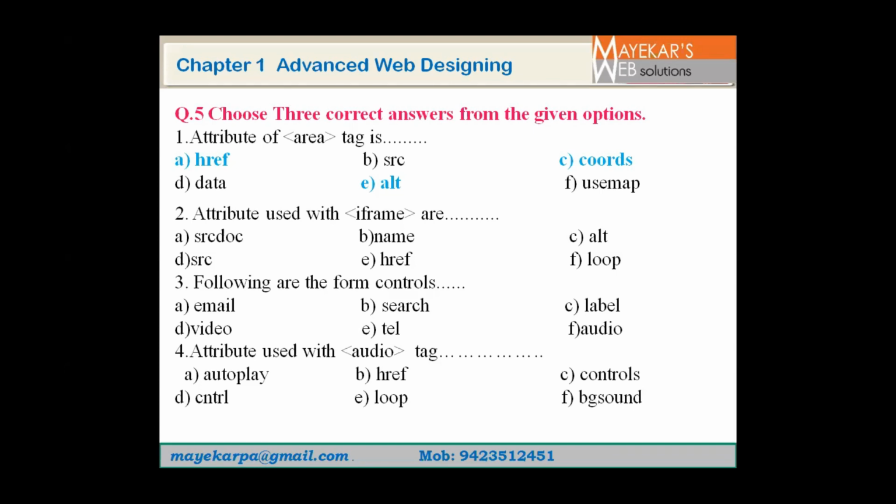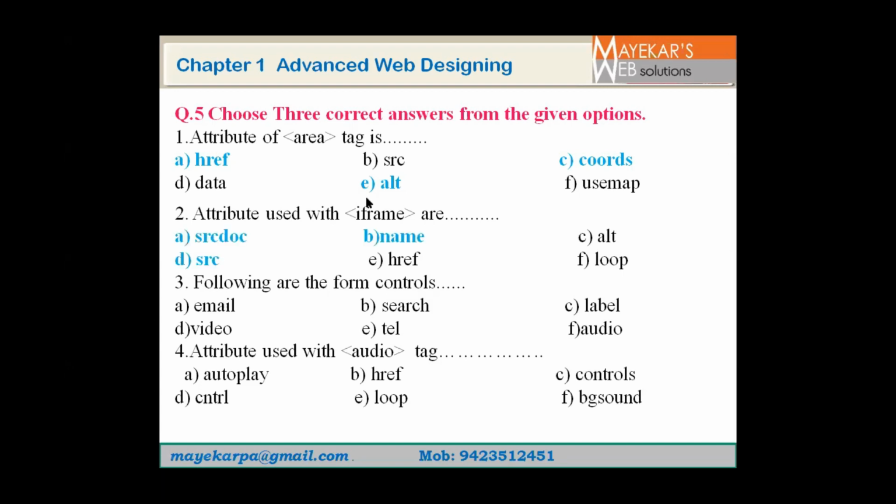Next is the alt attribute. The alt attribute is not used in the iframe tag. Next is the src attribute. Yes, it is a valid attribute. By using the src attribute, we can specify the source of the document, that means which HTML page you want to open. So src decides the source you want to open in the iframe. So src is a right answer, name is a right answer, and srcdoc is a right answer. Three options are right here.